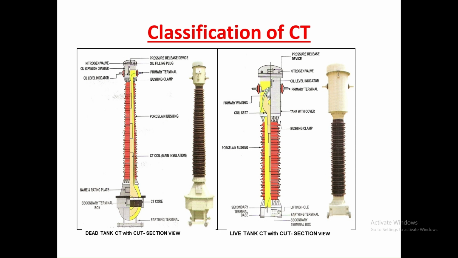When we have the live tank CT, the oil and the primary winding are there, and the nitrogen valve, oil level indicator, tank with cover, the clamp, pressure release device, everything you can see, that is for the live tank. And for the dead tank,